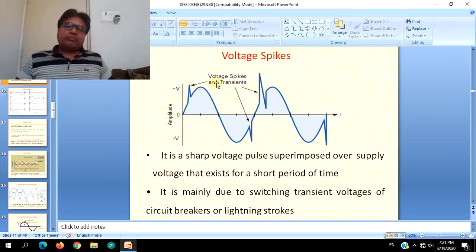Voltage spikes and transients, due to these things there will be a sudden or sharp rise in the magnitude of the voltage. It can be single sided or it can also be double sided, that is voltage is rising and also becoming less or lowering, that is they are also called as dips and sags, rise and swells. These may occur due to switching operations and circuit breakers opening and closing and lightning strokes, internal and external factors.